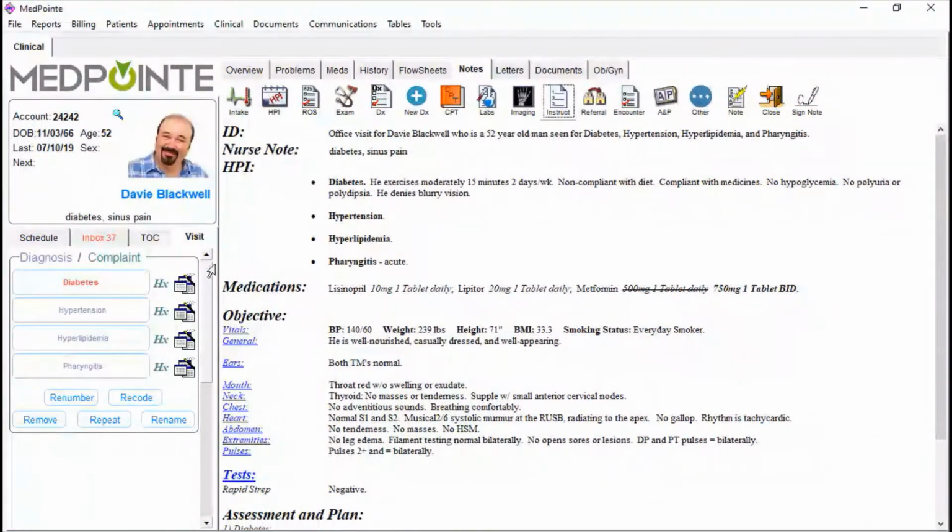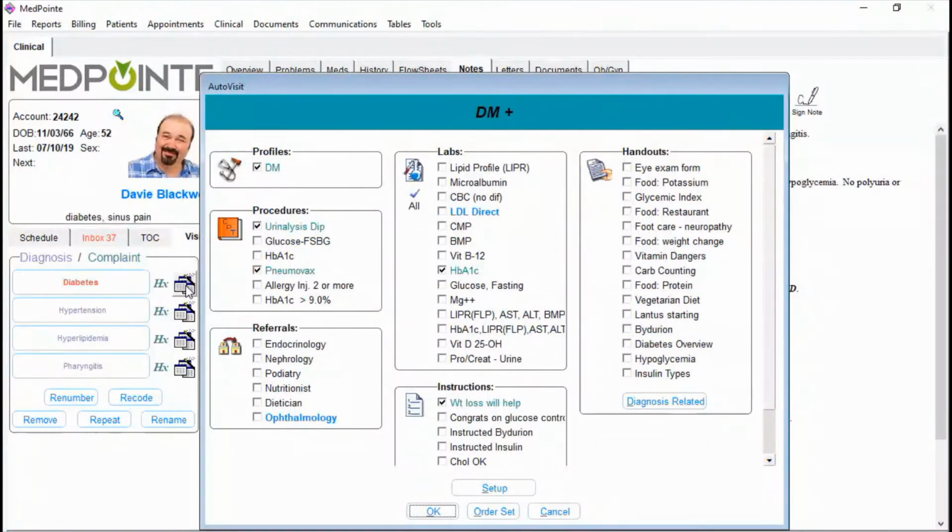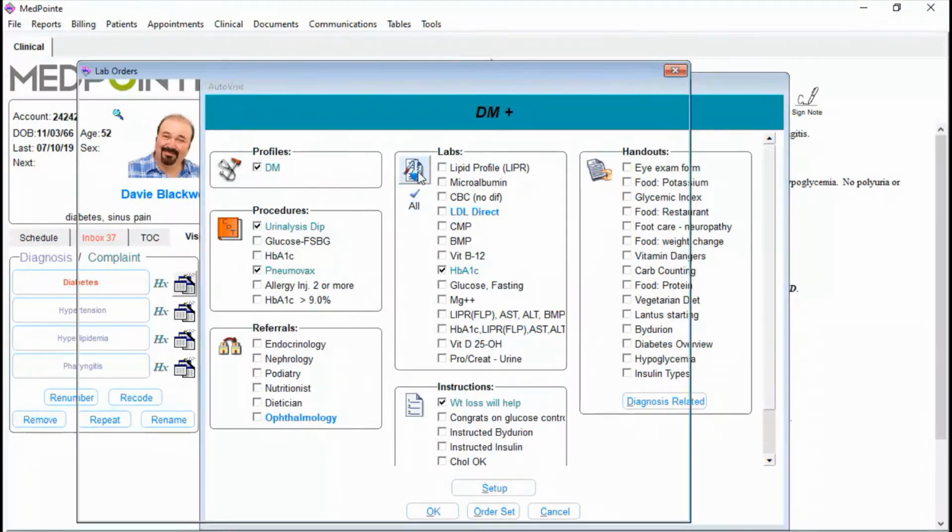Anything I want to order, I can click the auto visit button, that opens up auto visit, and hopefully I will have everything I want to see right there. If not, from auto visit I can collect, for example, if there's a lab that I want to order that isn't here, it hasn't been associated with this problem yet, I can click this button, and that will open up